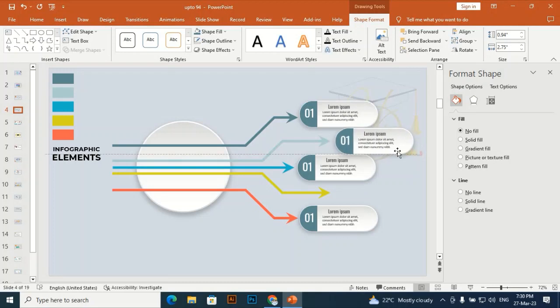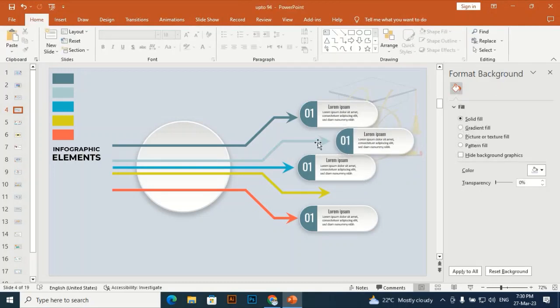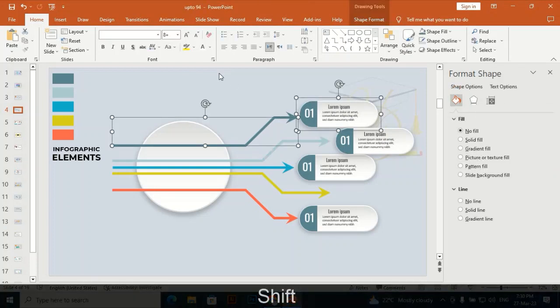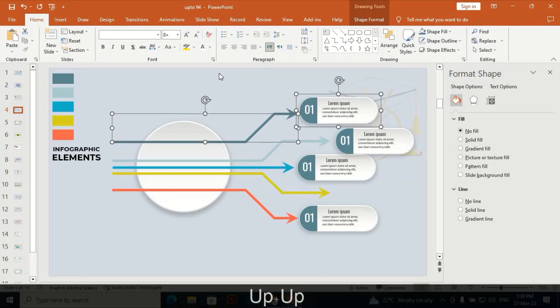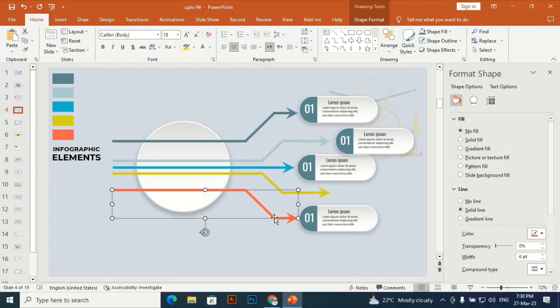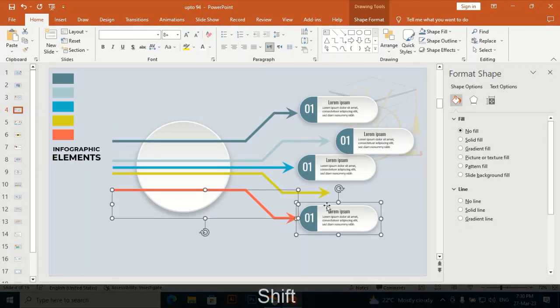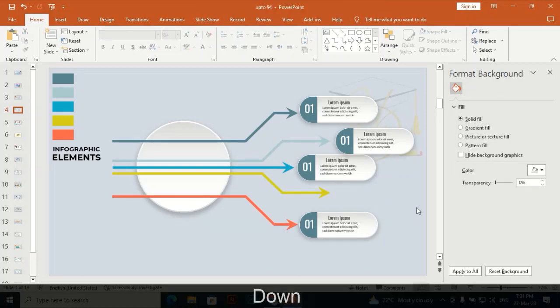I think I should give it a little bit of movement up. So select this shape and arrow and make it down. Okay,